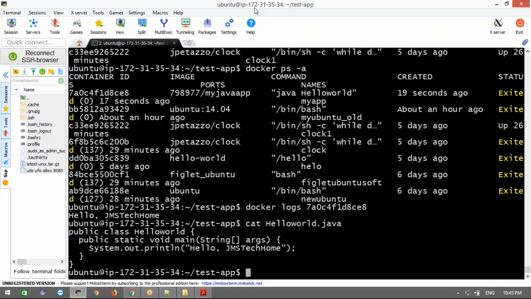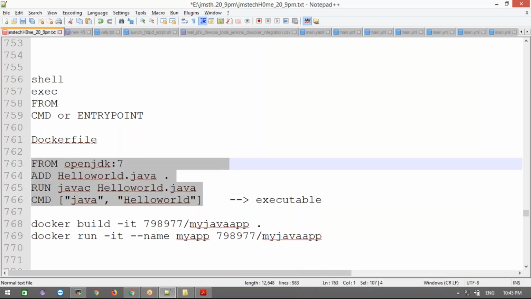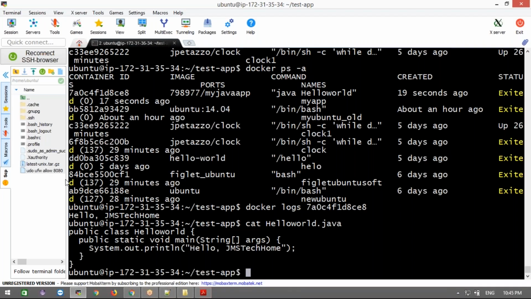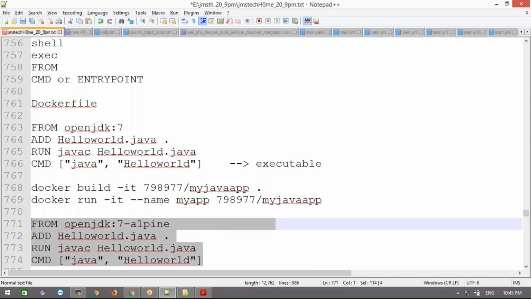Clear, guys? And we'll build the same image again. Let it be done, that is also just one minute. Let me create the new image. You will see a difference from the base image. Same here, but I'm going to use another flavor: Alpine is the base image I'm going to use. Same command.